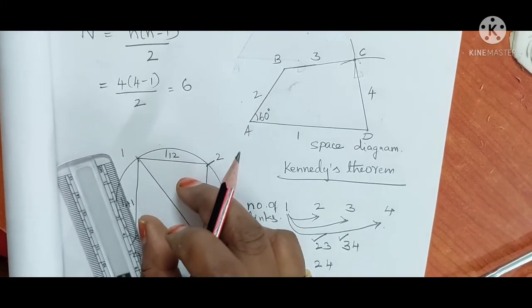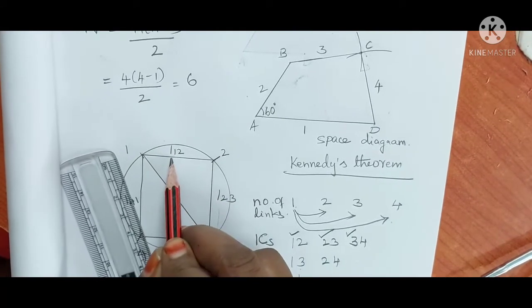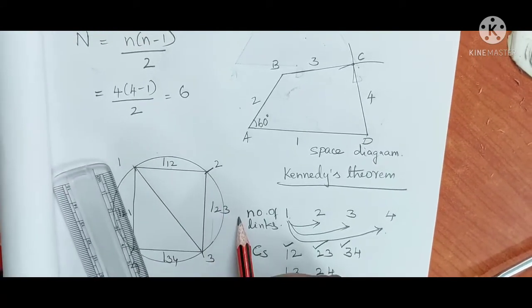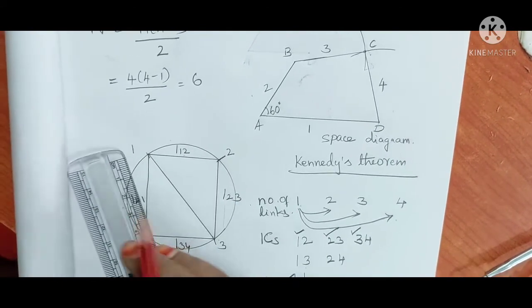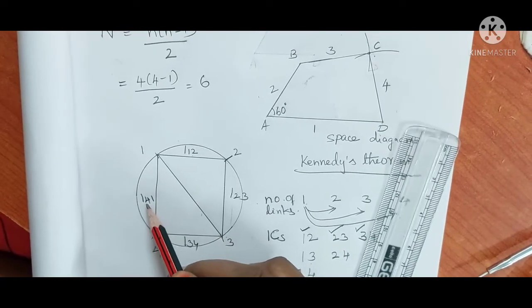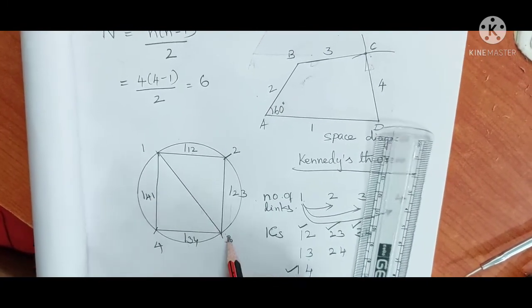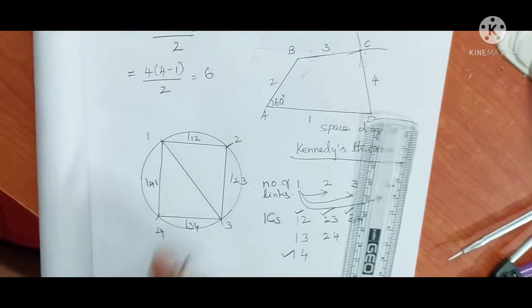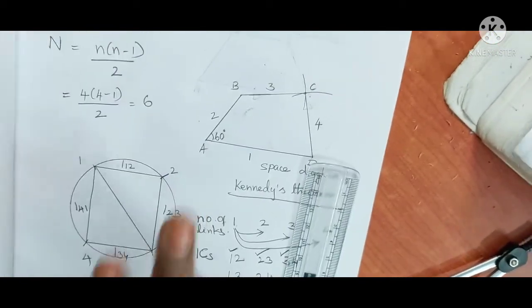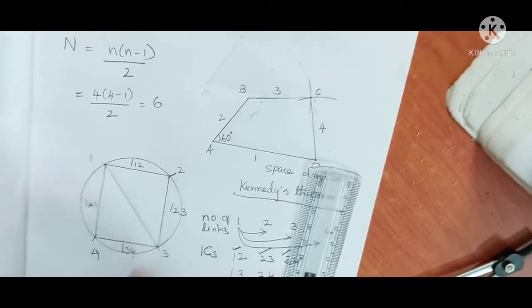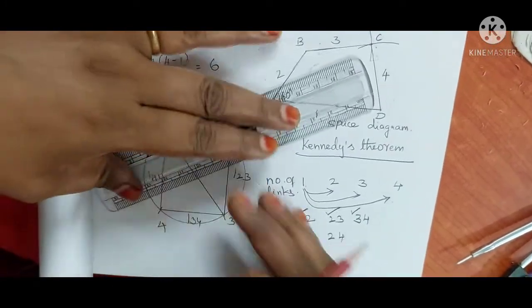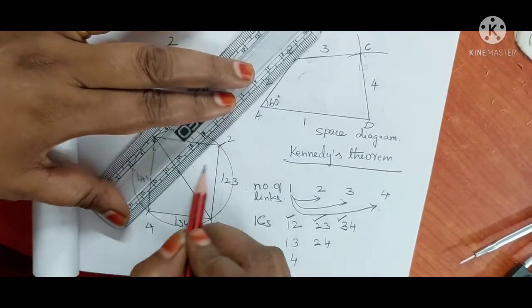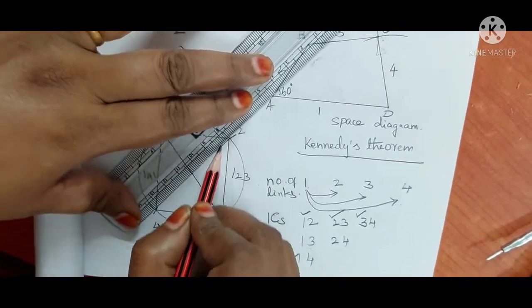If you take these 2 triangles and extend 1, 2 and 2, 3, you will get 1, 3. Again, one more line: if you extend 1, 4 and 3, 4, you will get 1, 3. So from this diagram, you need to extend these 2 link centers. Then you will get one more instantaneous center. And one more center is 2, 4, simply by joining this.